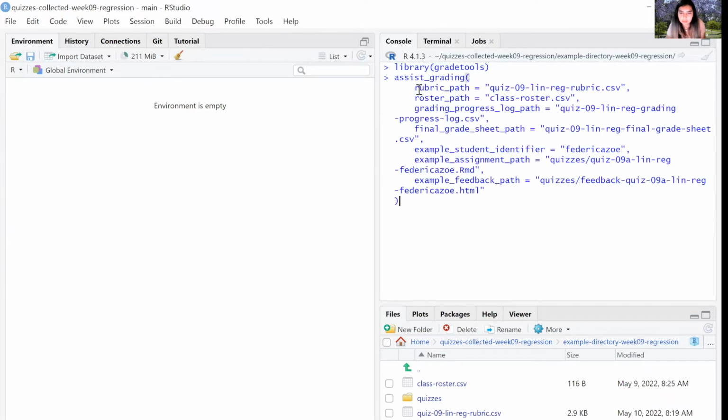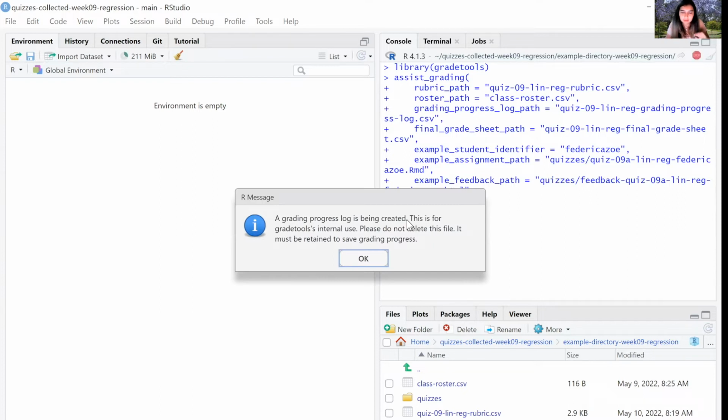And then I just copied and pasted the assist grading call from the slides. So I press enter here, and then we're going to begin the grading process. So first it lets us know about a grading progress log. So gradetools creates this grading progress log when you begin grading, and this log stores all of the data that